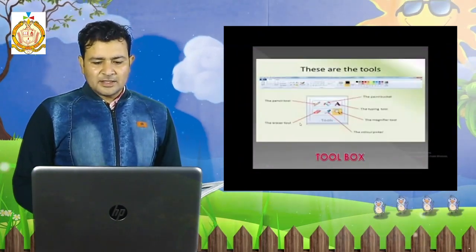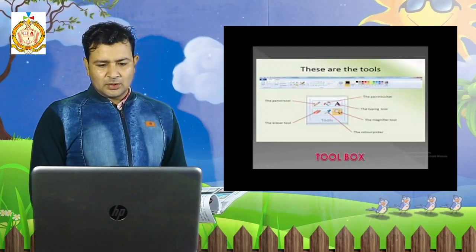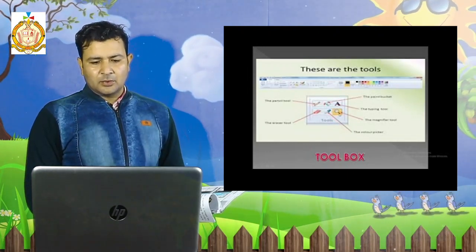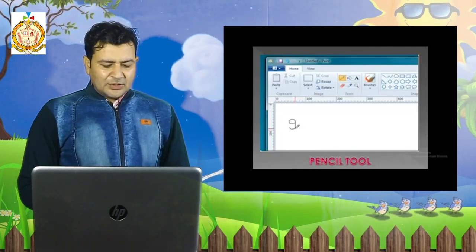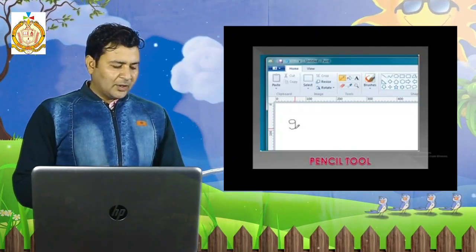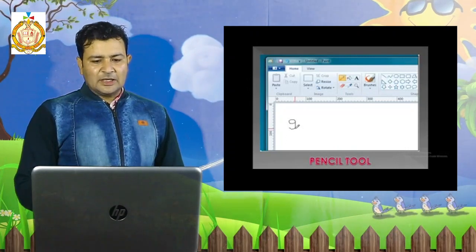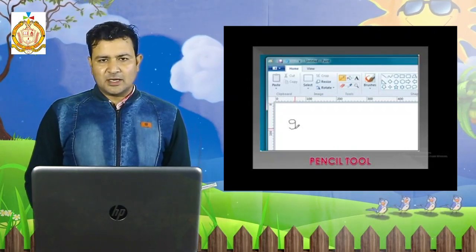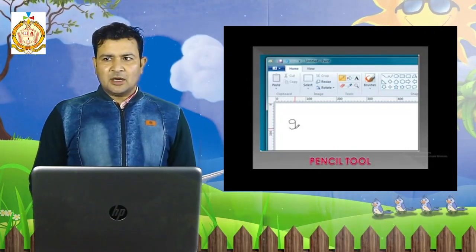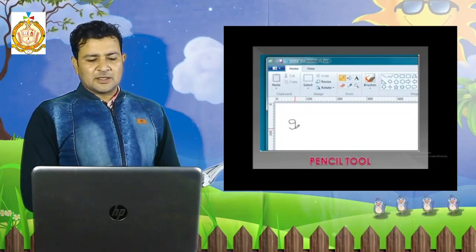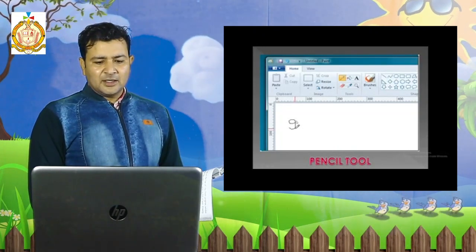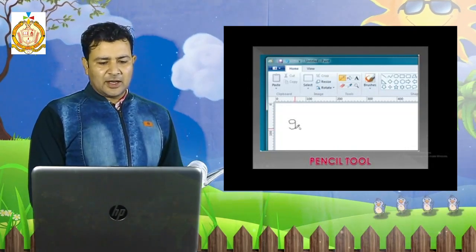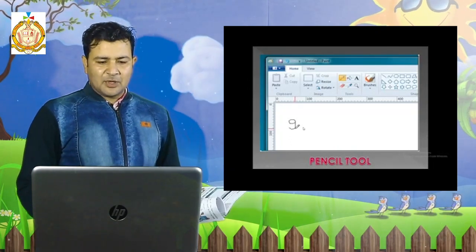Next, these are other tools: pencil tool, rubber, razor, text, magnifier. Okay, these are tools. Next, what is the use of tools? I told you, if we want to start anything, for this we need tools. I introduced the tools. You are very familiar with the pencil. When you were in nursery class, you started using a pencil. When we click on the pencil tool, like this, it will be selected, and we can start drawing with the help of the pencil tool. Like here 9 is there and you can draw anything. For example, I put 9.